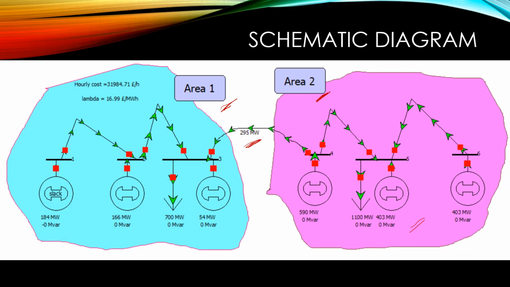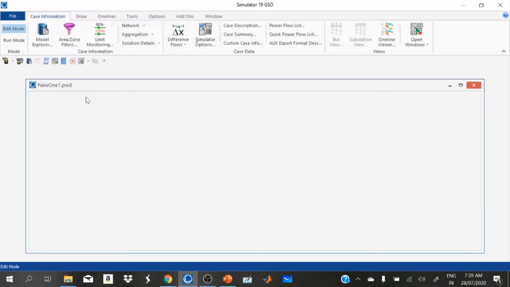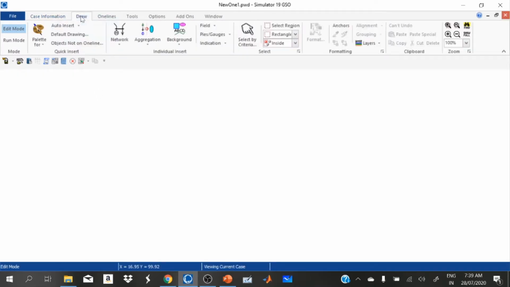Using this schematic diagram, now we will go ahead for the simulation using the PowerWorld simulator. Now we built our system using the PowerWorld simulator to simulate and find out the result. Go to File, New Case, choose New Case, Draw. In our model, we are connecting two areas of the power system using a tie line.